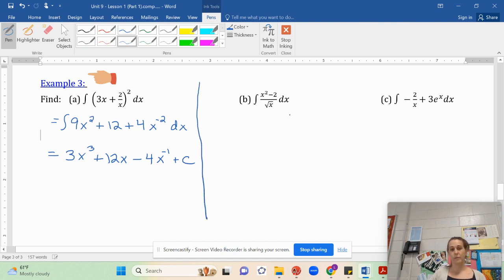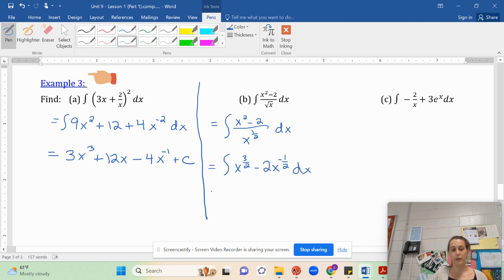Next, we definitely need to simplify this messy disaster first. I'm going to rewrite this maybe as x squared minus 2 divided by x to the 1/2 power dx. And that gives me 2 minus 1/2. So that should give me the integral. I'm not integrating yet. I'm still just simplifying. That becomes x to the 3 over 2 minus 2x to the negative 1/2 when I divide each term by x to the 1/2